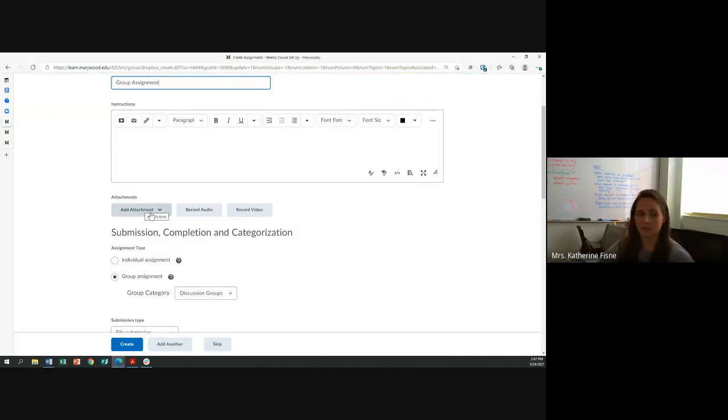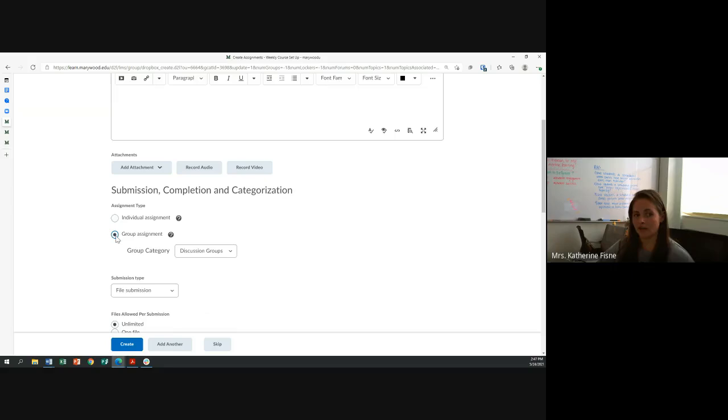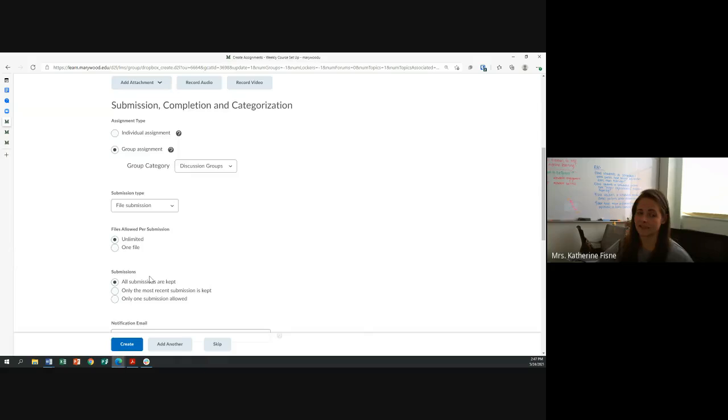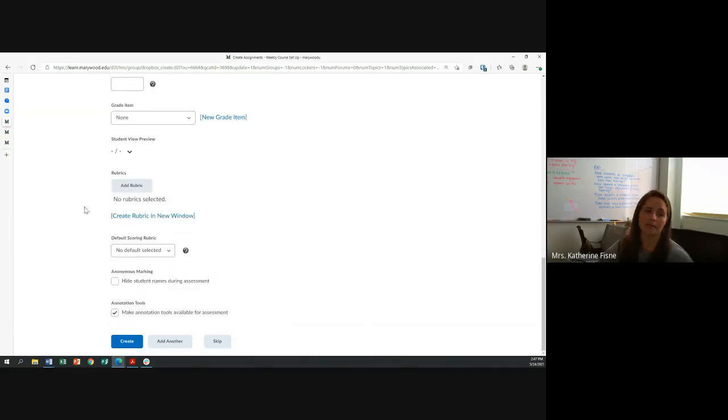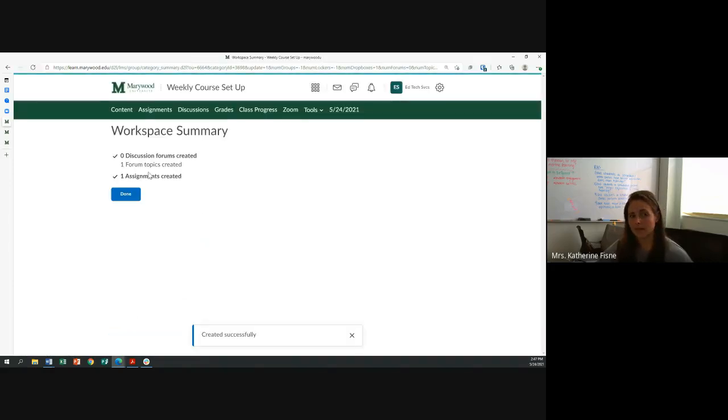You could add attachments with directions. You'll see it automatically defaulted to a group assignment with the groups that I'm working on. You can update different settings for your assignment all here. And then at the end, you'll see you have create or add another, depending on what your needs are. But then you'll get a summary. All right, so I created a forum topic and 1 assignment